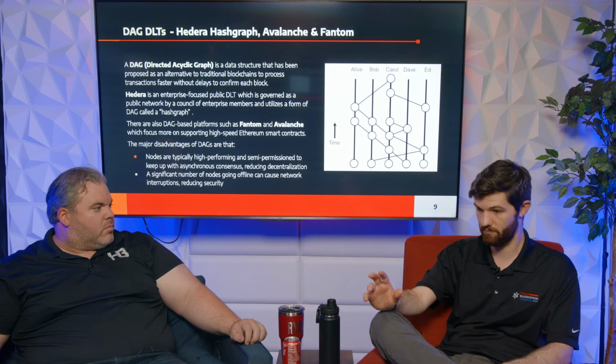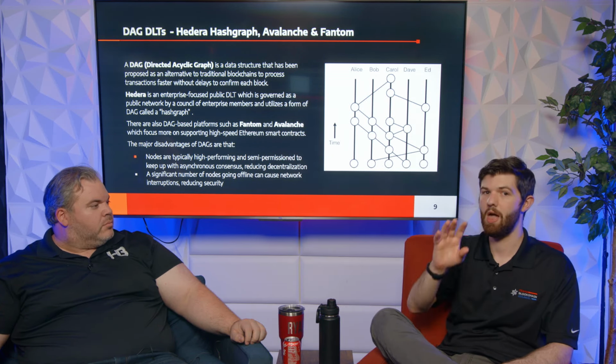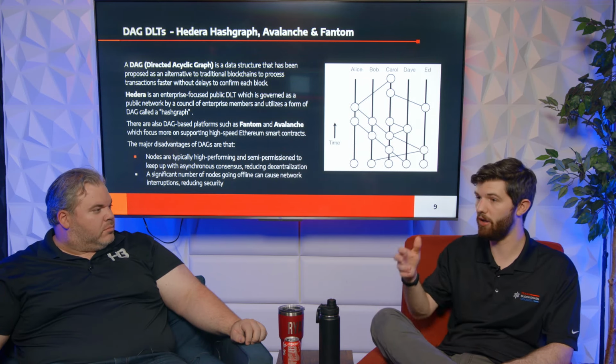The reason it's a problem with DAG DLTs is because when I said, oh, we'll automatically assume that this transaction is confirmed when 2/3 of the nodes run it, right? What's 2/3 of a total node count that could change? So with Bitcoin and Ethereum, there's no, oh, we're going to calculate it based on 2/3 of the nodes. The node count can change, and proof of work doesn't have to care about the node count because it's a totally separate thing. With DAG DLTs, they need to know that node count. Otherwise, how do you tell when you've reached consensus?